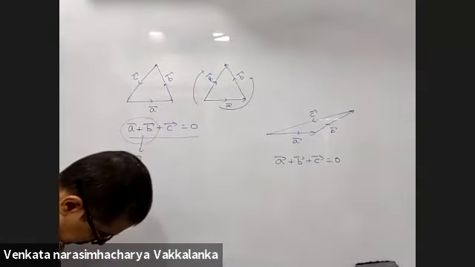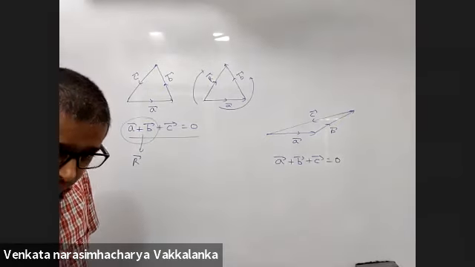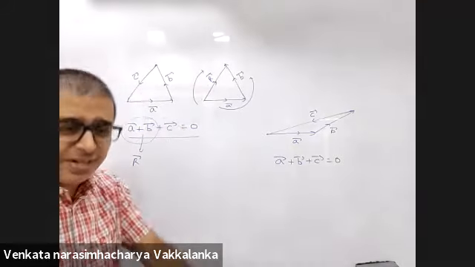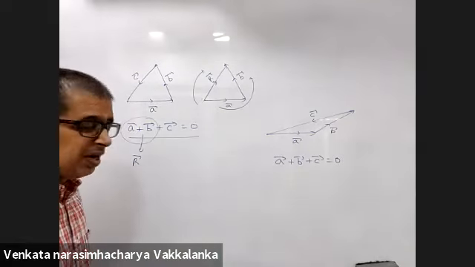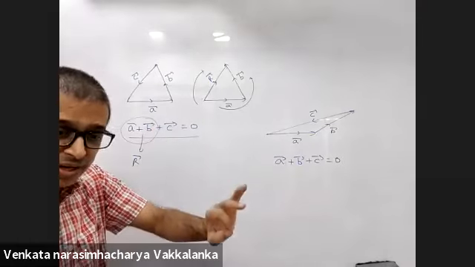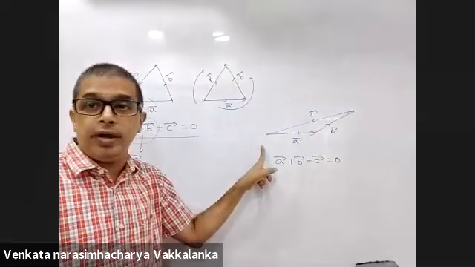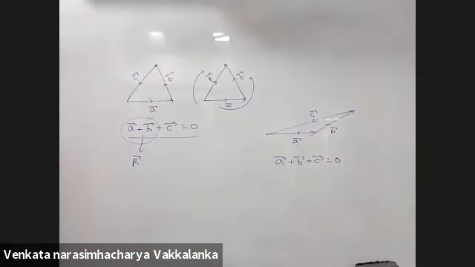Yes, sir. So the resultant is 0 irrespective of angle, no? Exactly. As long as the triangle is formed, any angle, acute or right angle, isosceles, equilateral, we don't care. But if it is a triangle and all three vectors are taken in one order, either clockwise or anti-clockwise, the resultant is 0. Okay, sir.